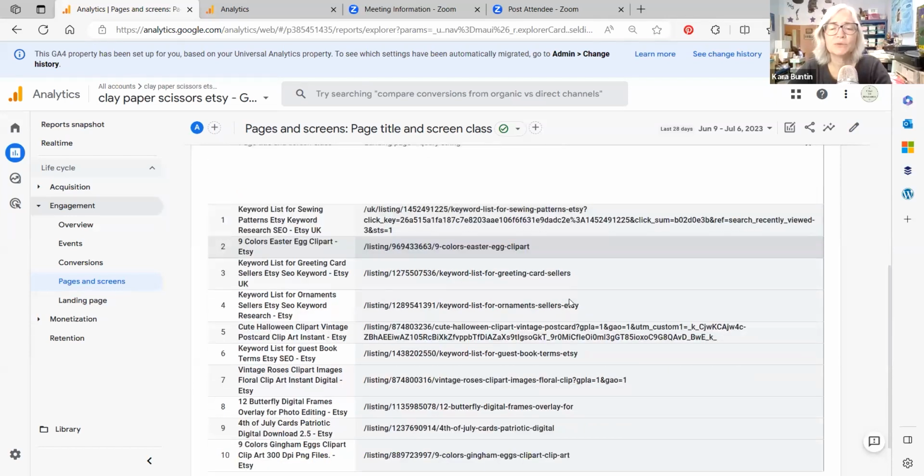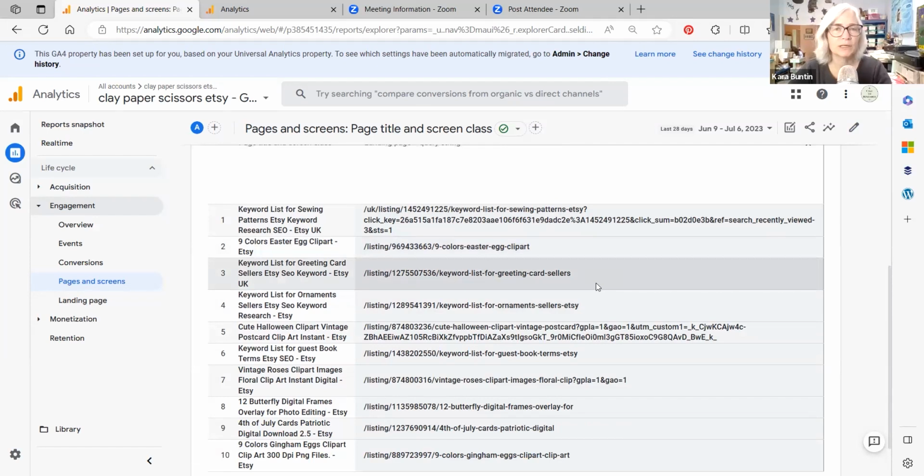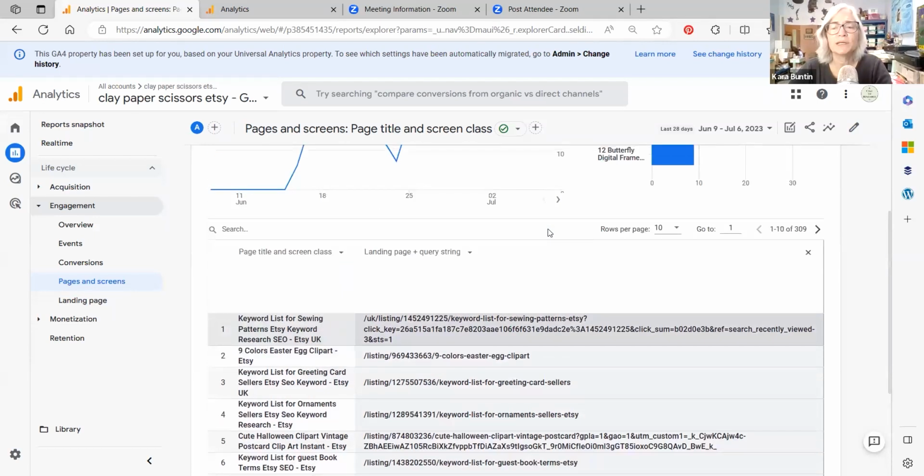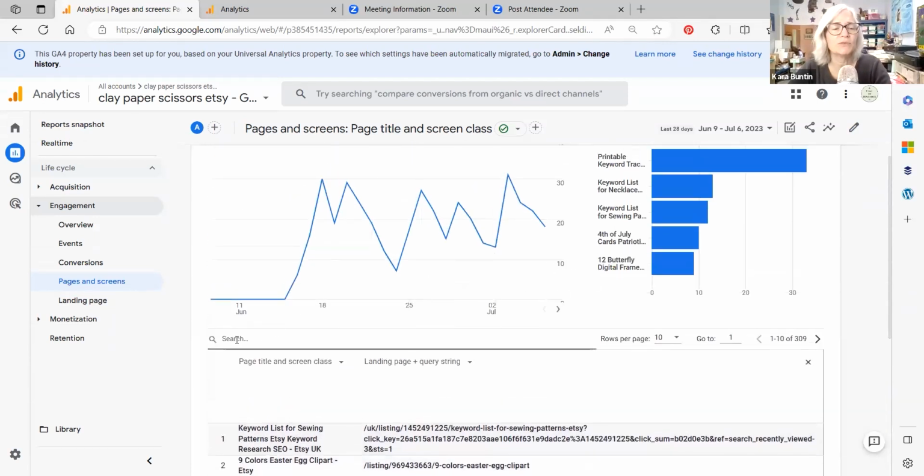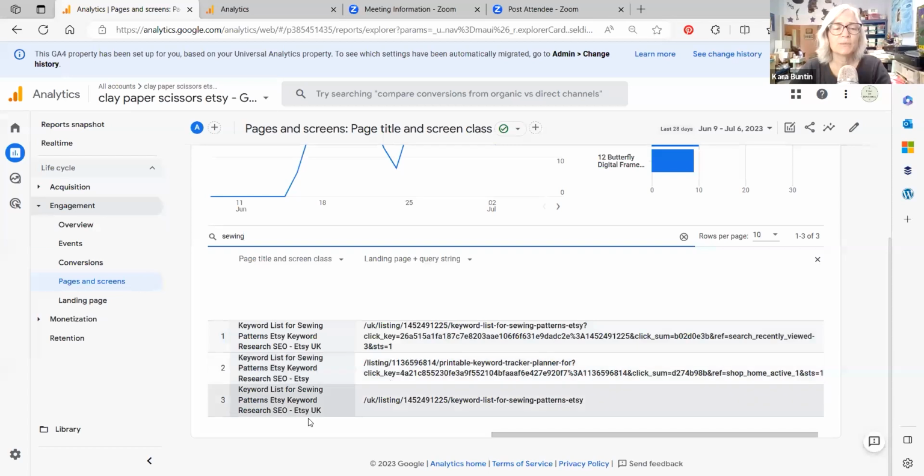But this will tell you all the information that Etsy doesn't want to tell you about what keywords were searched, where it showed up in search. I'll look at the landing page report. We'll look at that. But let's say that I have this keyword list for sewing patterns. Let's say that nobody has bought it. So I'm like, okay, a few people have searched for that. So I'm going to put in sewing and just filter for that. And that'll bring up every time that was searched and what keyword it was searched for,